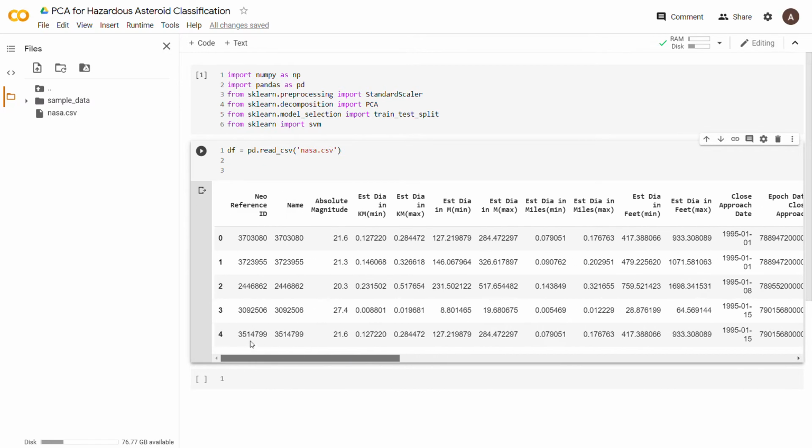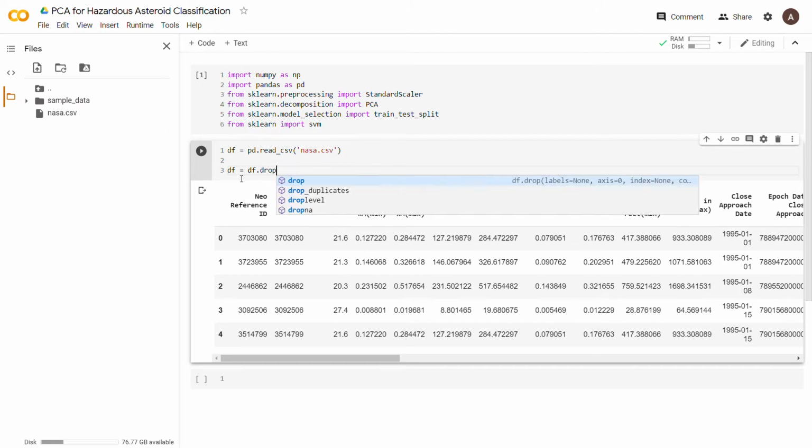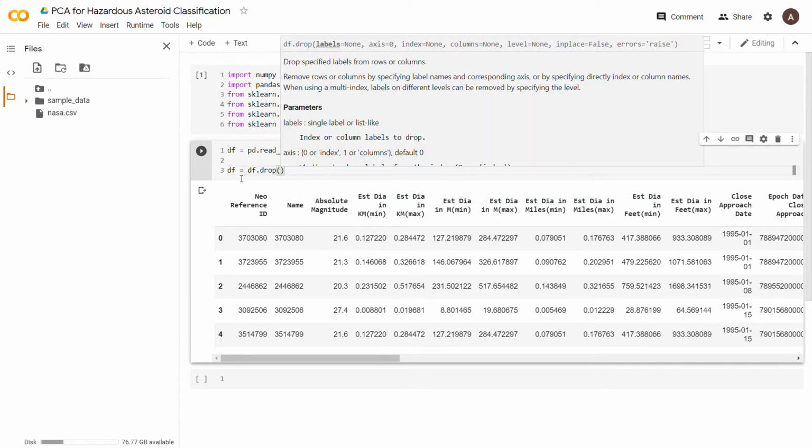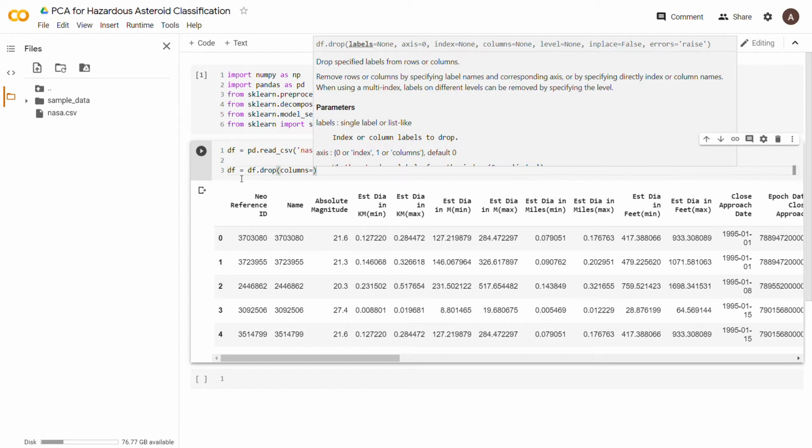And so what we're going to do first is we're just going to go ahead and cleanse this data. So we're going to say df is equal to df.drop. Now what this does is that it drops the columns that we feed in. So we're going to say columns is equal